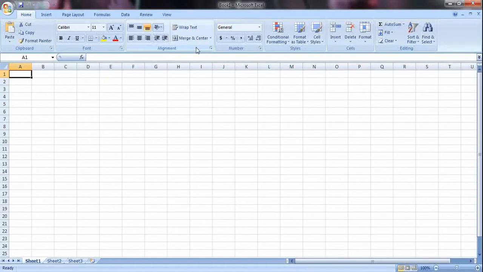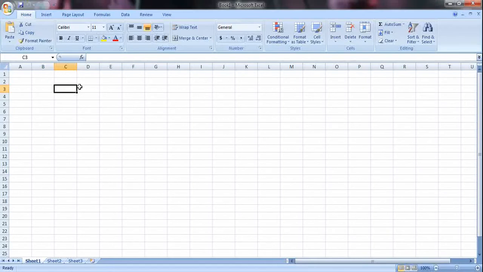Now below the ribbon we have two bars here. First bar here, the smaller bar, this is called as a name box. Name box will display you the name of the cell which I select. So if you look here, the cell which I am selecting, it's highlighted with a black bold border.